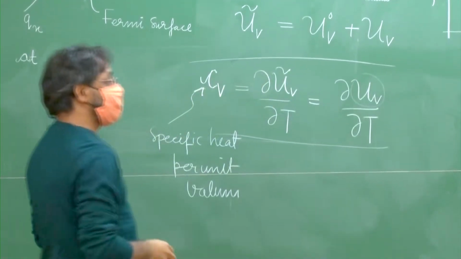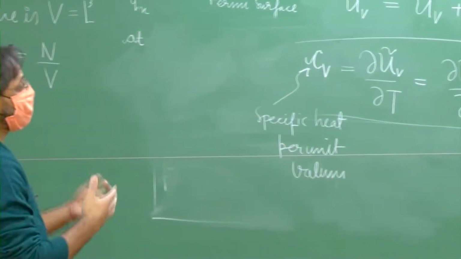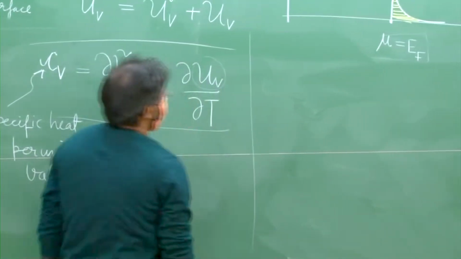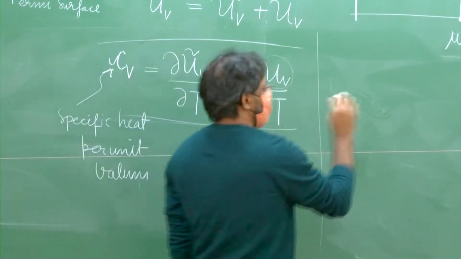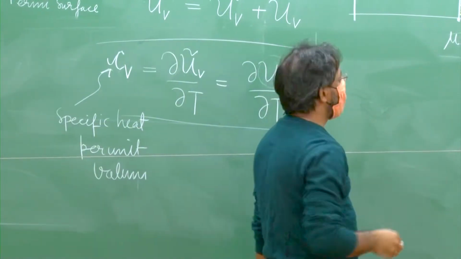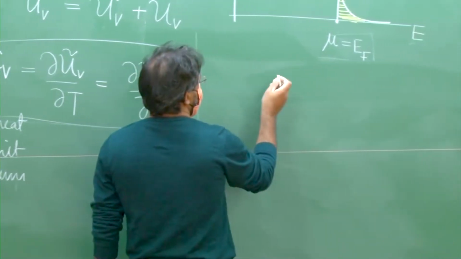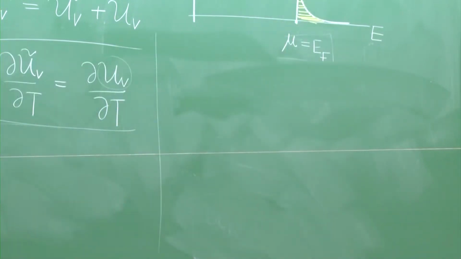So, the exact calculation of u V is quite cumbersome. You won't like it, you won't gain much if I do it here. So, we will do a sort of a rough estimate of this u V. So, how should we estimate u V? The way to estimate u V is: what is the density of states at the Fermi energy, that is D(EF). Okay. So, what you do is you say that